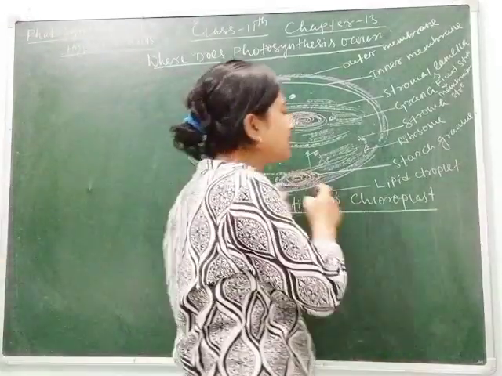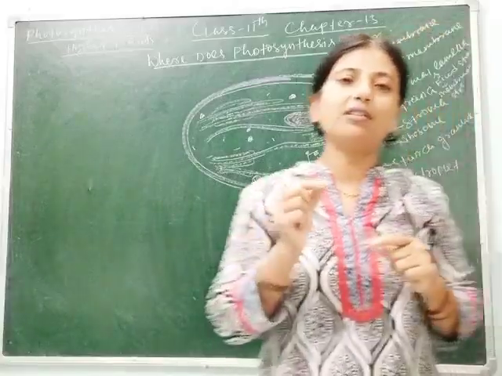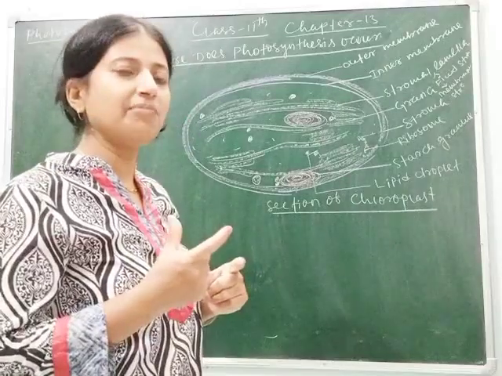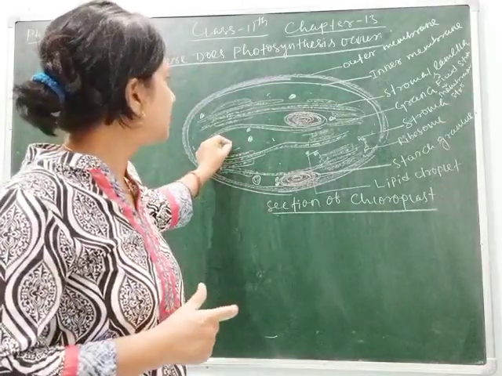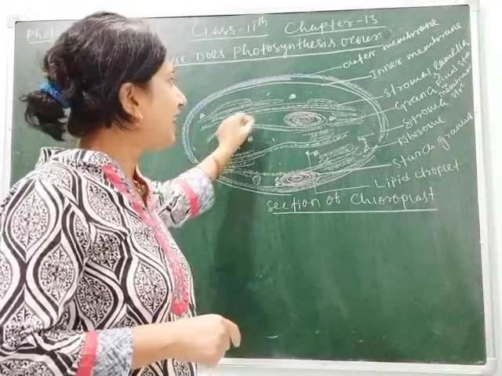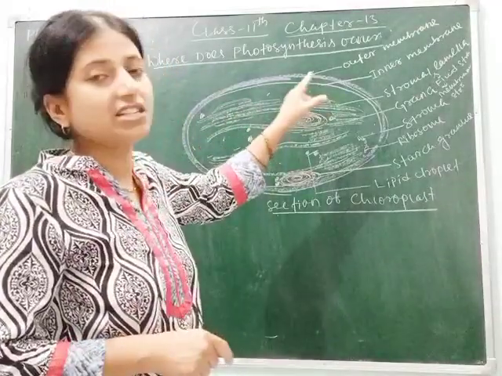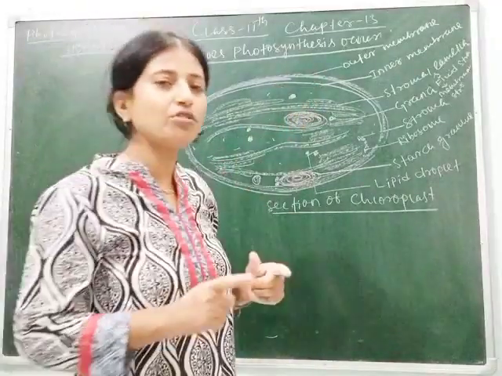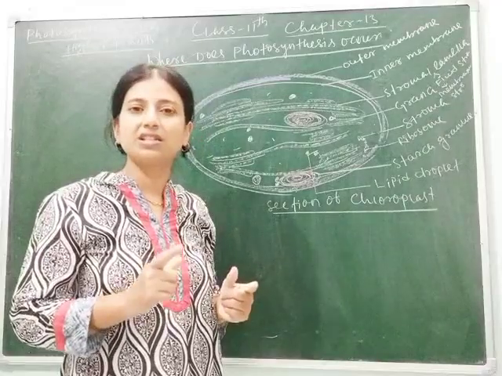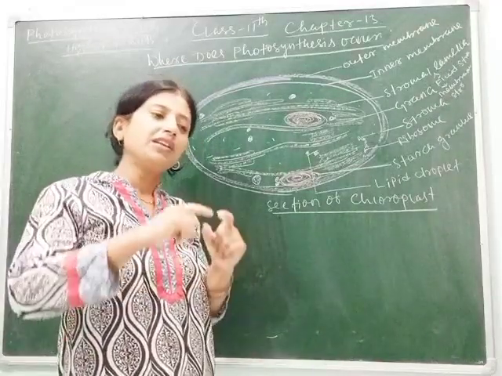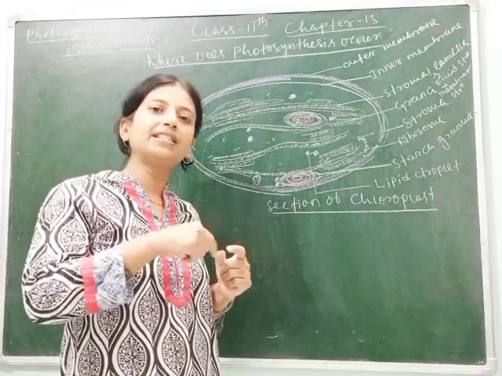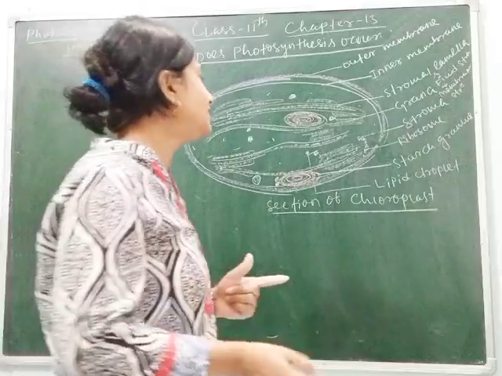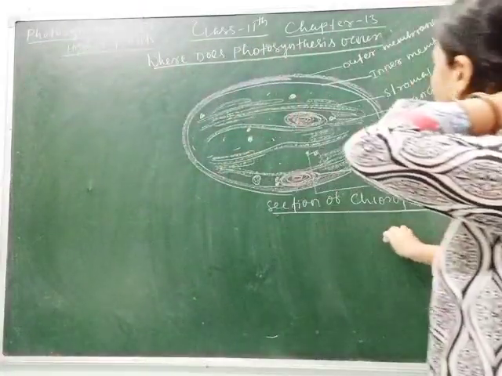This diagram represents the sectional view of a chloroplast under the electron microscope. This is the cell organelle chloroplast, and inside it different structures are present, some of them membrane bound and some non-membranous. Membrane bound structure means an organelle covered by a separate membrane inside the cell. So let's see what the different parts of the chloroplast are.